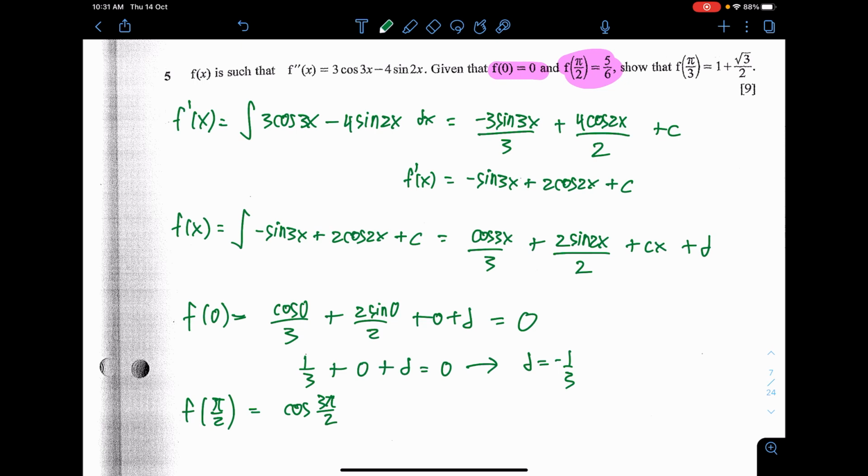Okay, wait, give me a moment. Okay, I just realized a mistake here. This one I shouldn't put a negative. Integrating cosine is from sine. Yes, okay. Good thing that I actually realized this before going further.